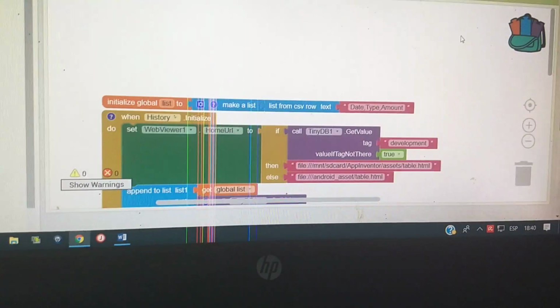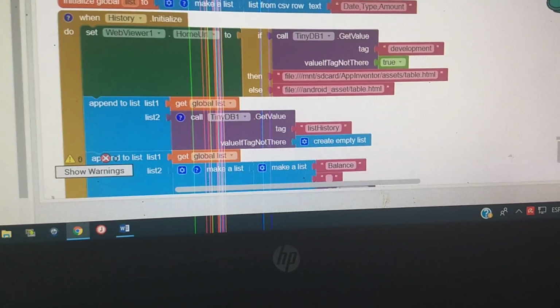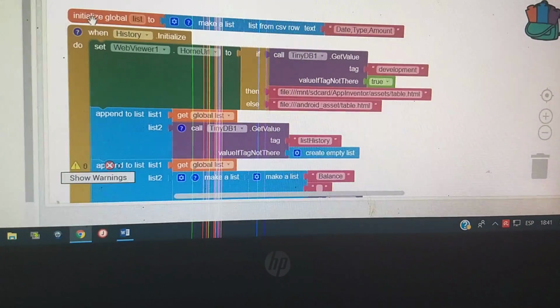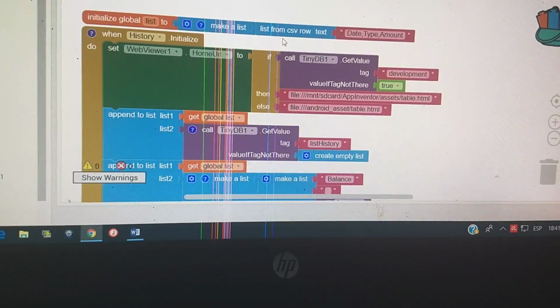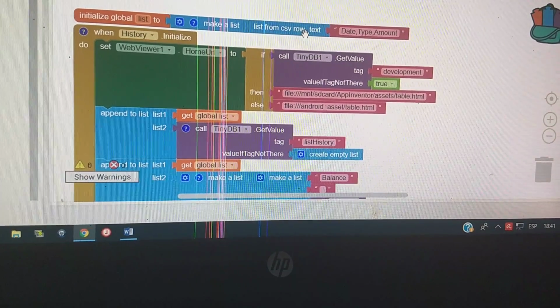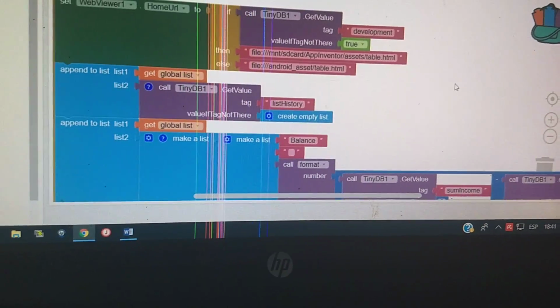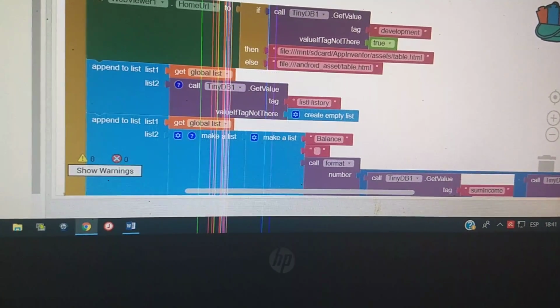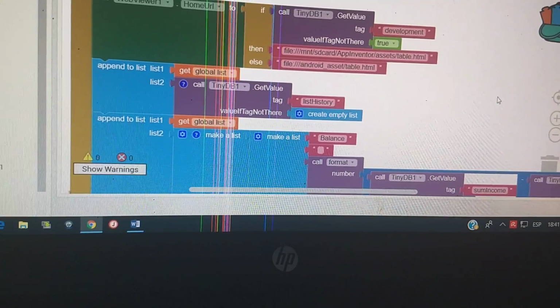Well, the first thing, we're going to have our variable that says initialize global list to make a list from CSV row text date, type and amount. When history initialize, which is referring to this screen, when we open this screen,